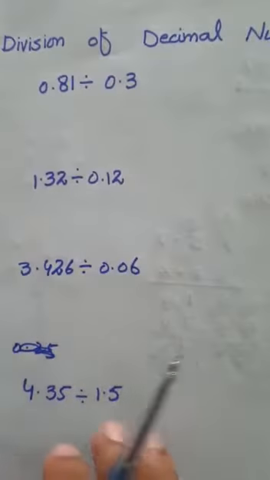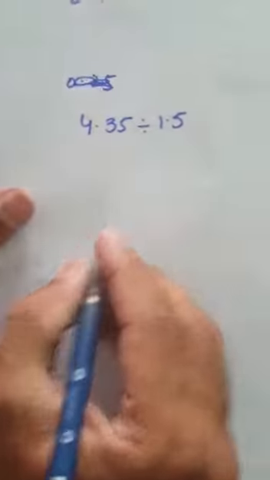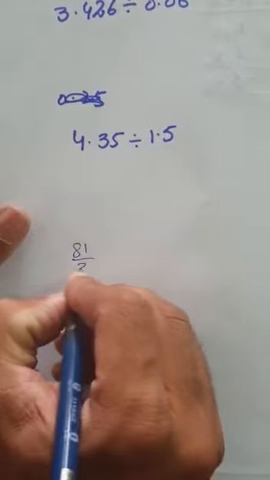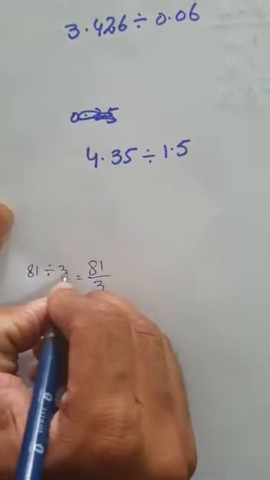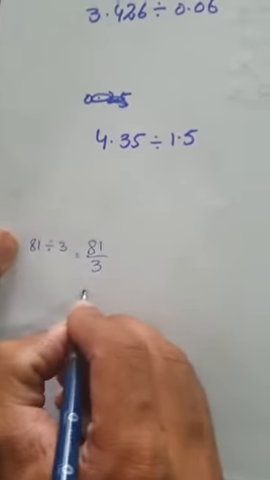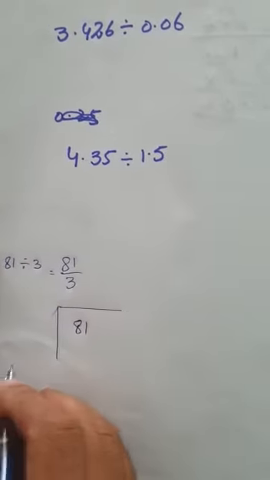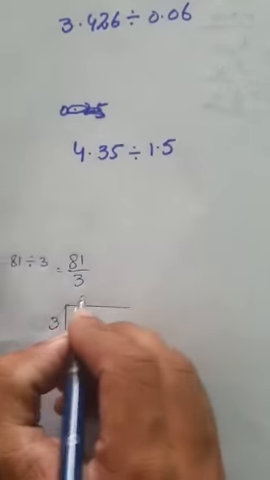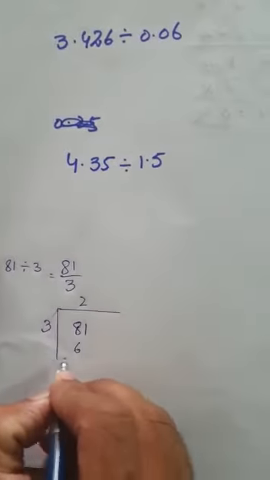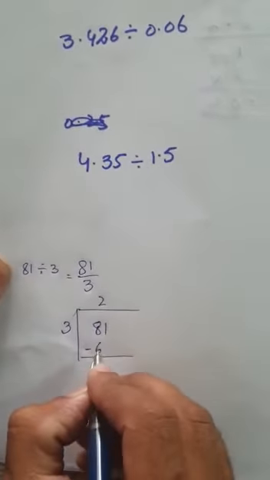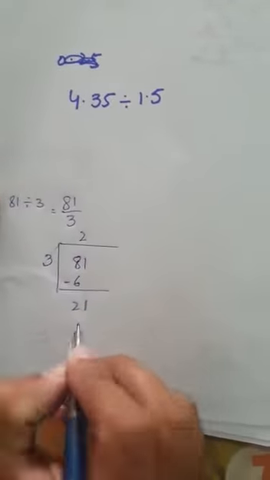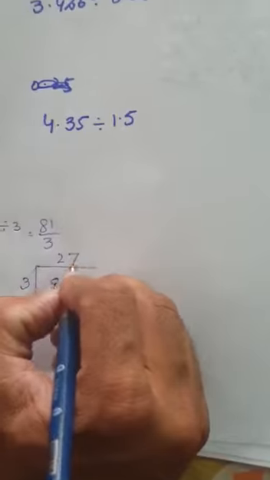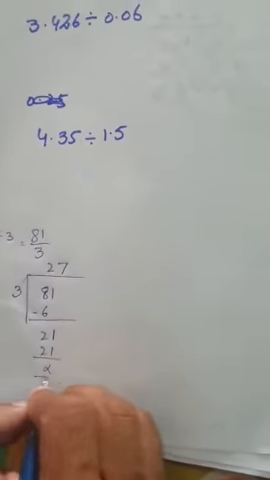First of all, the division method is the same. For example, you need to divide 81 by 3, or you can write it down as 81 divided by 3 as well. So what we will do, we will just place the 81 as dividend and 3 as divisor. Then 2 3s are 6. Okay, we will subtract 6 from 8, and 1 will come down in the downward direction. Then 3 7s are 21. Okay, this is the division method.